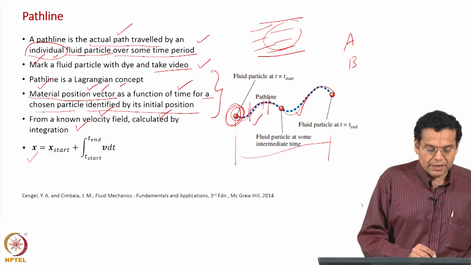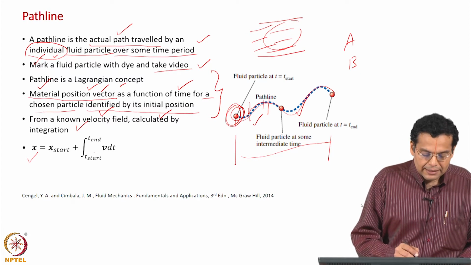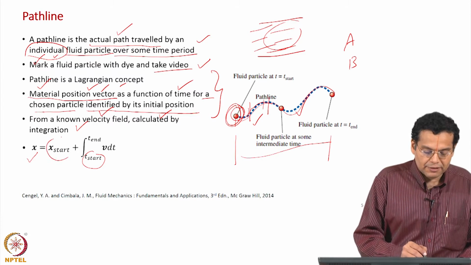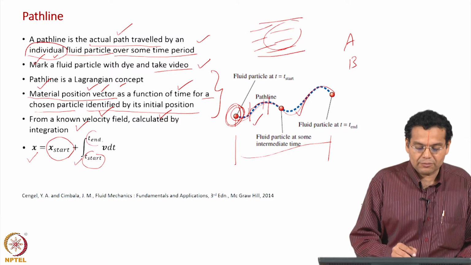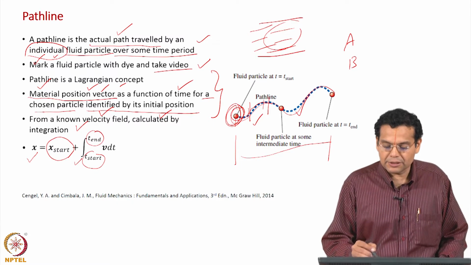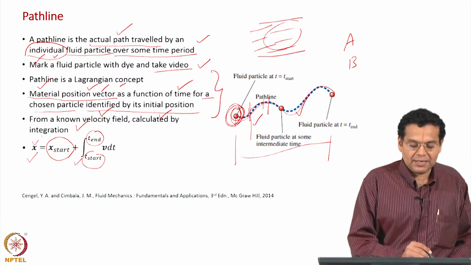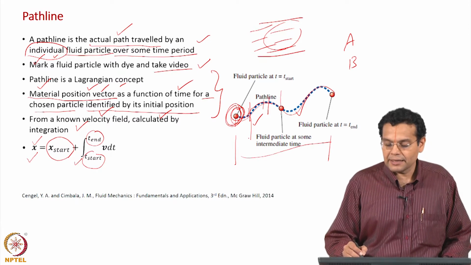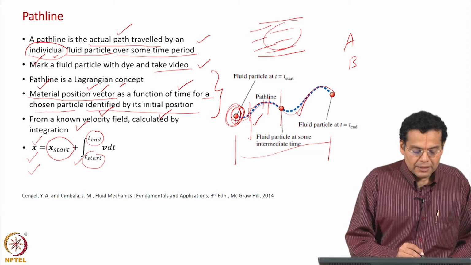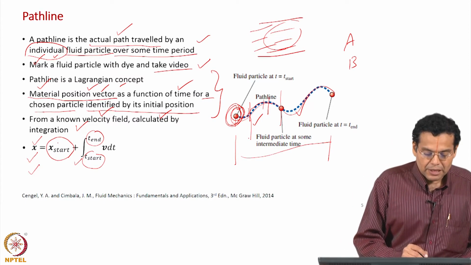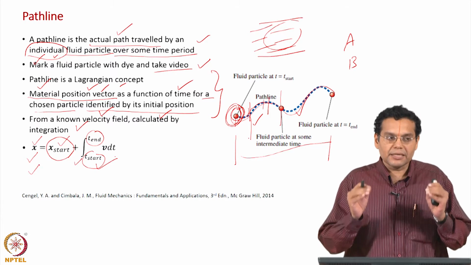We want the position vector as a function of time. We are given at t start what is the position vector, and then you are integrating from t start to t end. What is the t end? Let us say t start is 0 here. If I take t end equal to 1, I will get the position vector at the first second. If I take t end equal to 2, I will get the position vector at the second. So, I want to emphasize here once again, you are given x start, you are given t start, you are identifying the particle by its initial position.